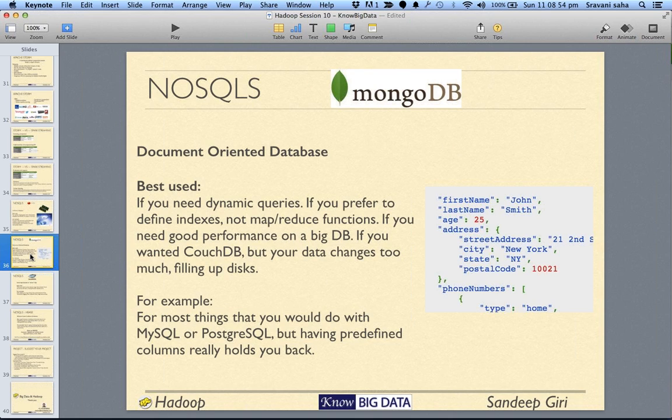When you have a lot of dynamic queries, and you prefer to define indexes over these kinds of complex objects, then MongoDB can be a good idea. If you need really good performance on an object database, then MongoDB could be good.